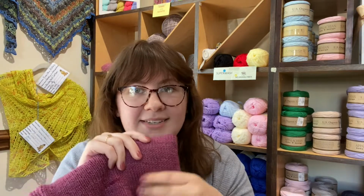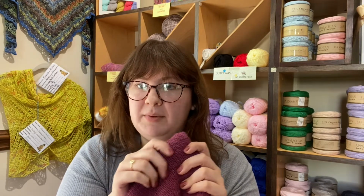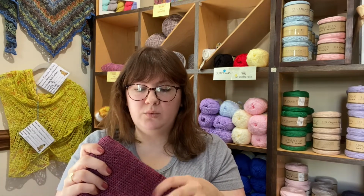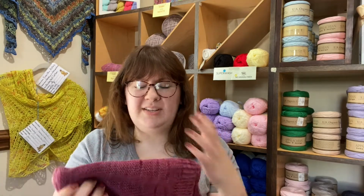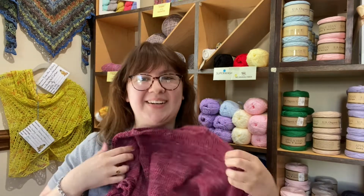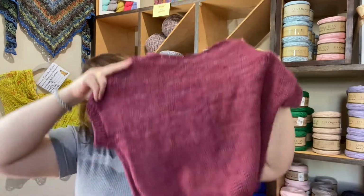It looks amazing. But it has, I'm not sure of the wording for it, but it's got a lot more texture than a superwash merino or something like that would have. It's not rough, because I have very sensitive skin and it does not bother me at all. And I'm so excited to wear this. It's a very nice autumnal piece,